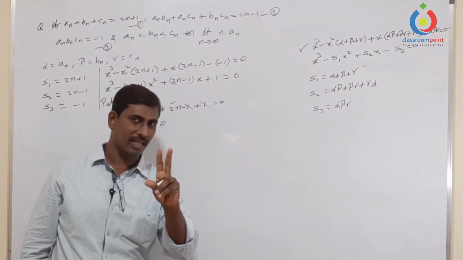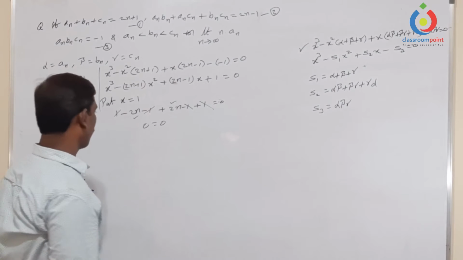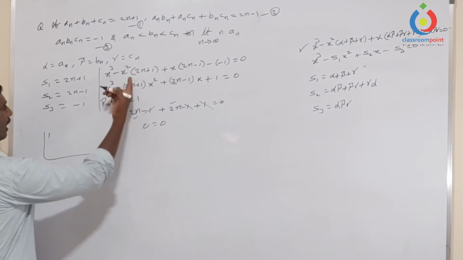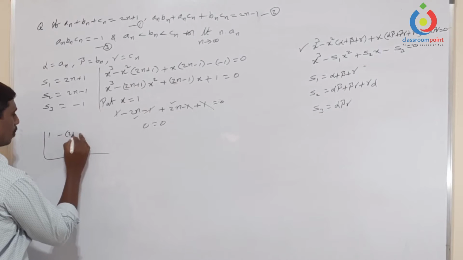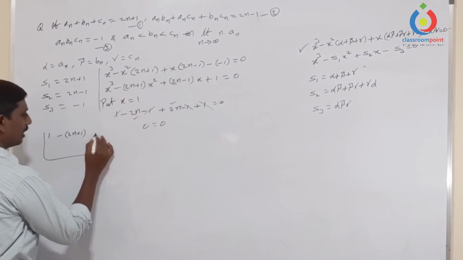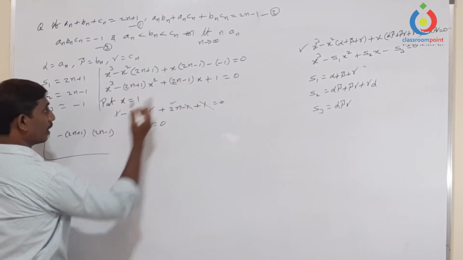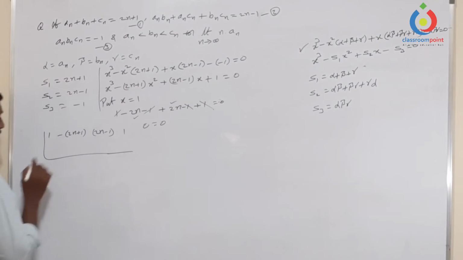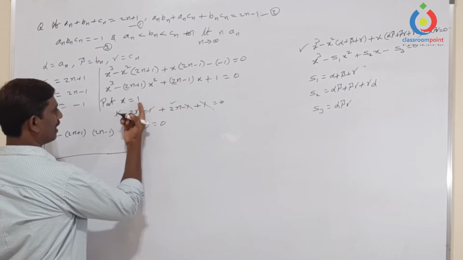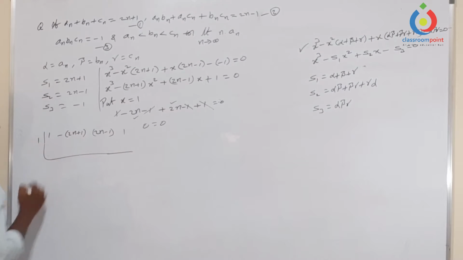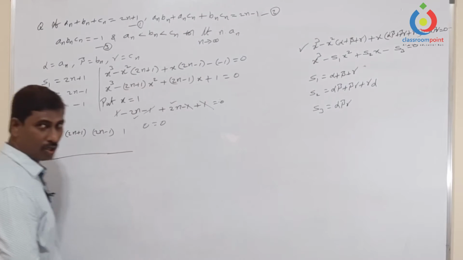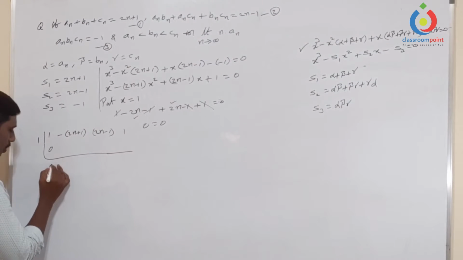We need to get the other 2 roots. How to get them? See here, by using this one, we solve for the remaining 2 roots. The x cube coefficient is 1, the x square coefficient is minus of (2n plus 1), the x coefficient is 2n minus 1, and the constant is plus 1. Write down the factor we have: one root is 1, so write down 1 only. Next we consider 0. Now 1 plus 0 is 1.